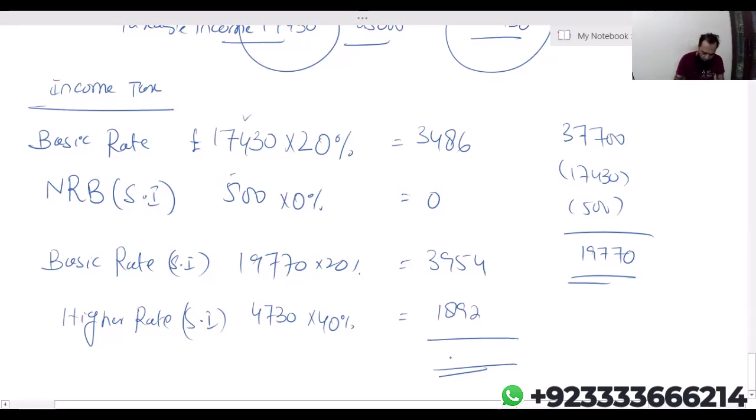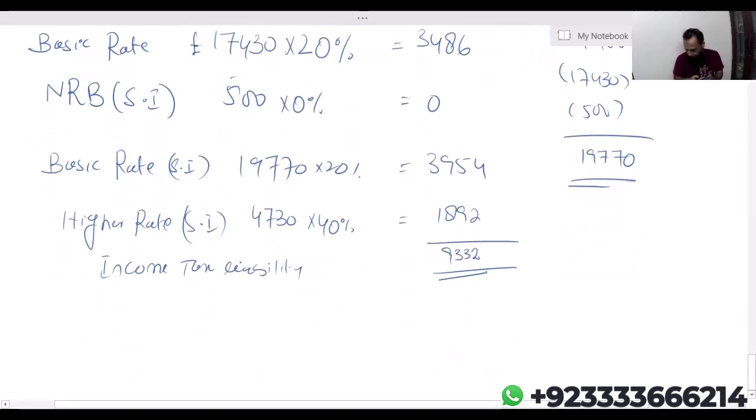I'm getting 9,332. Income tax liability, let me recheck: 3,486 plus 3,954 plus 1,892. That's great. Okay, now